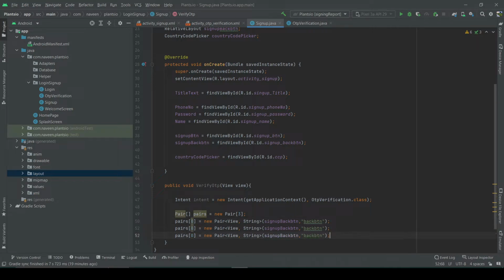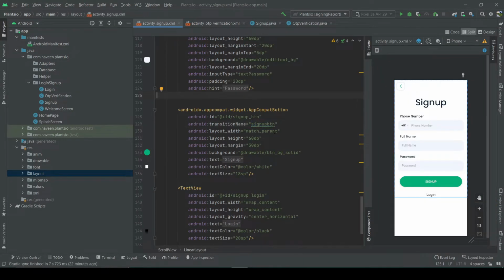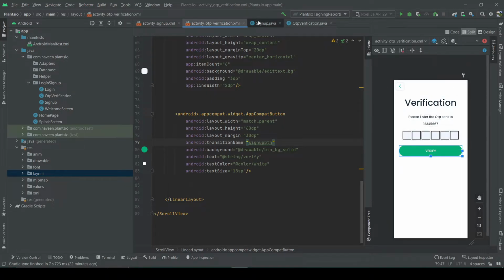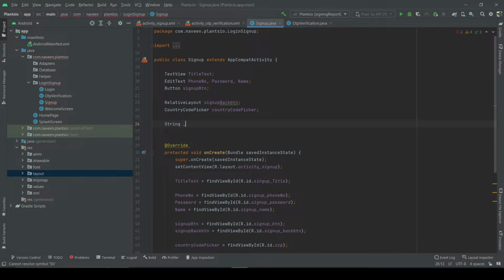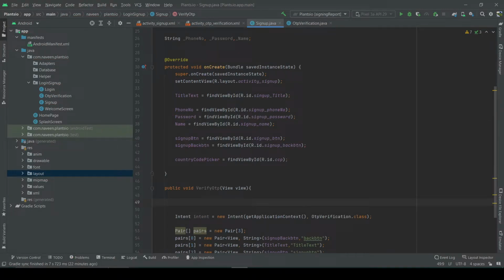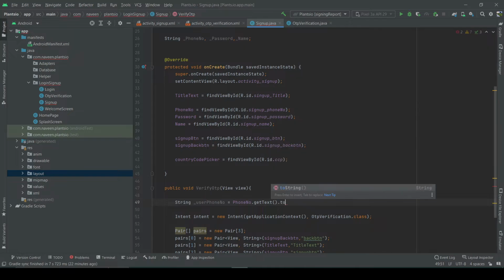Press Ctrl D to duplicate it for 1 and 2 and change the transition names. And now we need to pass the user entered data to the OTP verification activity. So for that, create strings: phone number, password and name. Inside the function, type String user phone number equal to phone number.getText().toString()